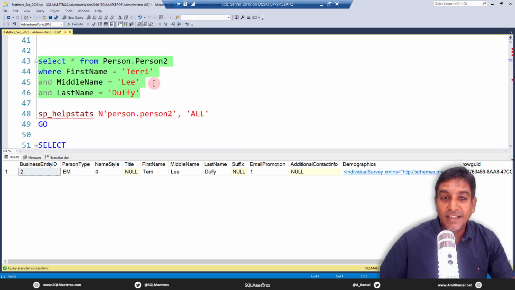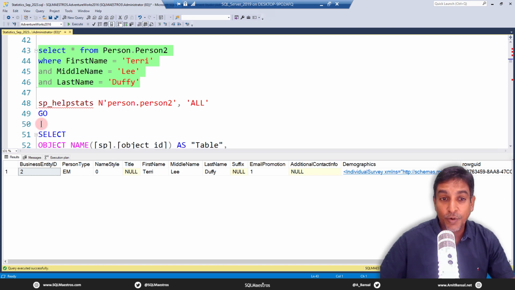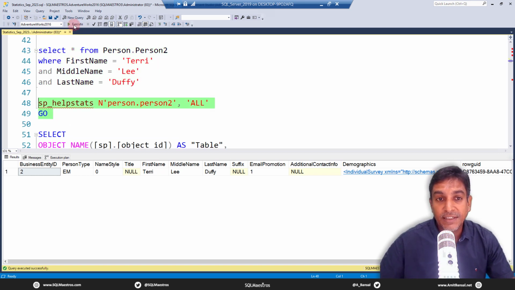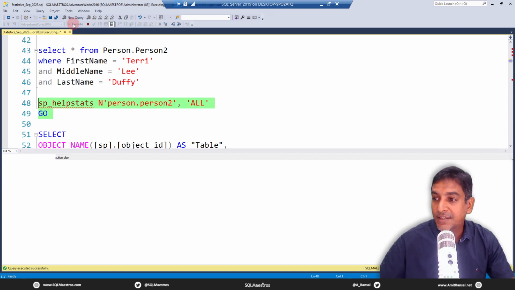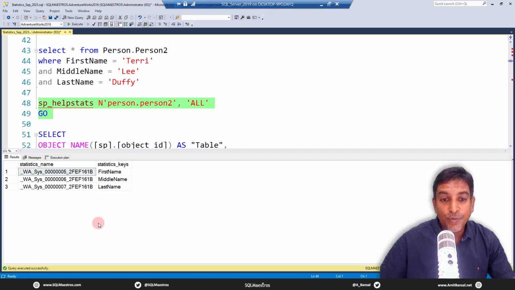Thankfully, now there is at least someone with Terry Lee Duffy. Okay, let's go and do sp_helpstats on this table. Let's execute. And yes, what do you get? You get first name, middle name, and last name was already there. So what SQL Server has done is created two additional stats objects, one on first name and the other one